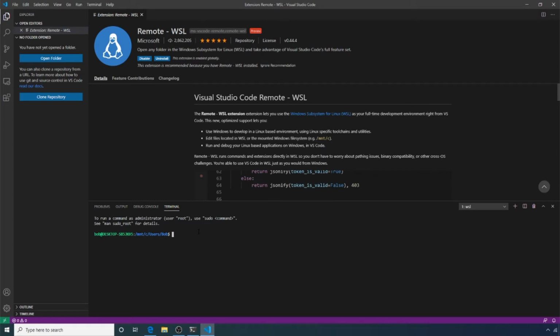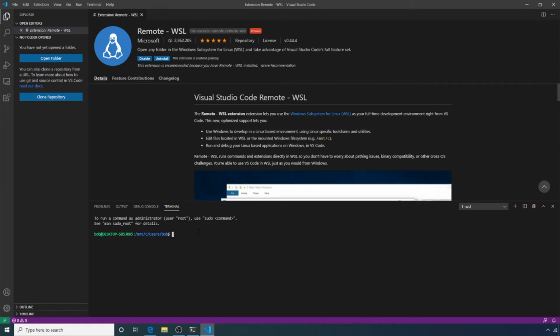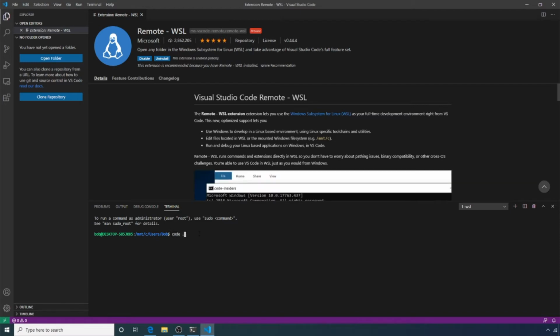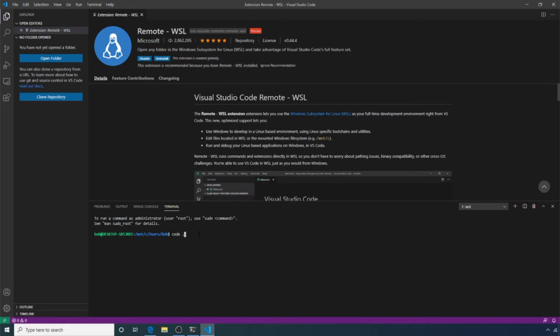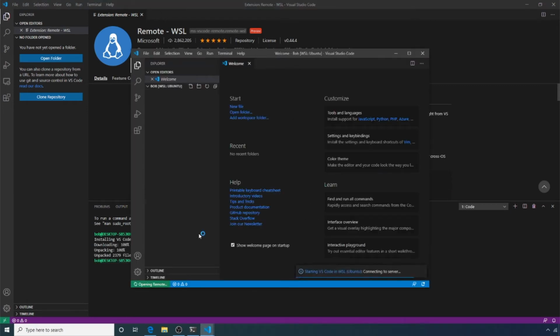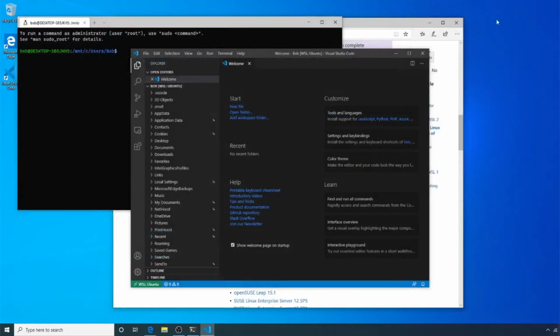Now, I'm going to be honest, I found this instruction somewhere. I'm not entirely sure what it does, but the first time you use this, you should type code space dot. Now, what I do know is that this command, code space dot, can be used in the future to open something in Visual Studio Code. In fact, I'll show you that in just a second. Right now, I'm going to hit enter, and it's going to install something and download something. Again, I'm not 100% sure what it's doing. Looks like it opened a new Visual Studio window, so I'm just going to close the old one,